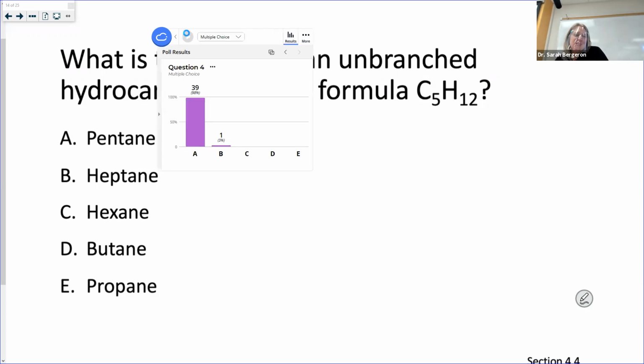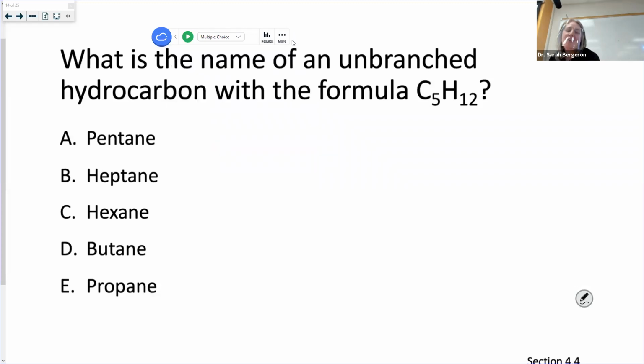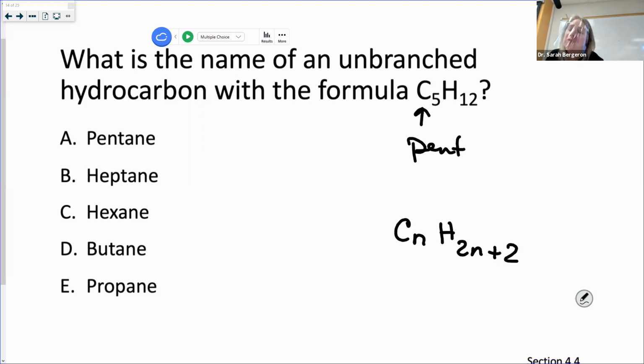All right. So what do we say? Okay, so if we look at this, C5, what is 5? What's the prefix for 5? Pent. Now, because it's a 12, what do I know about this? It's a straight chain. It's not a ring, right? Because it fits the formula CnH2n+2, because we need those extra 2 hydrogens for the N carbons. So this must be